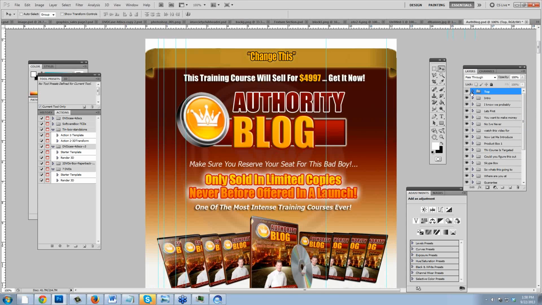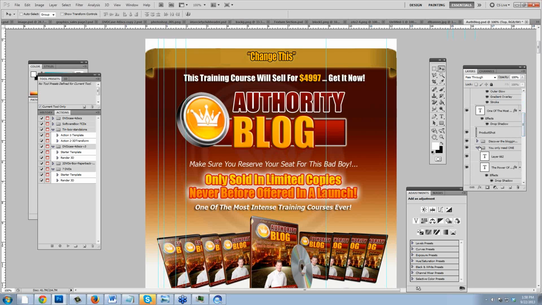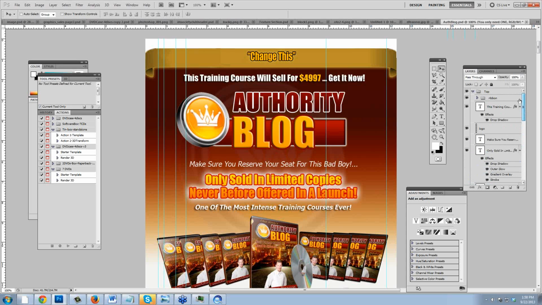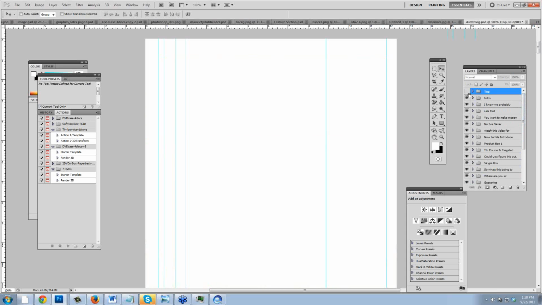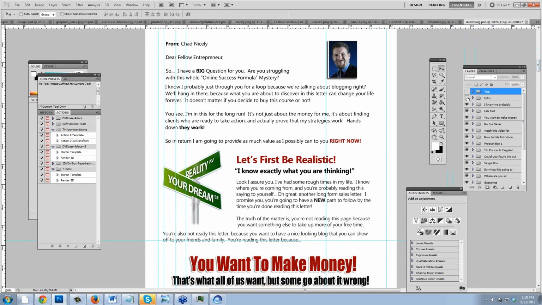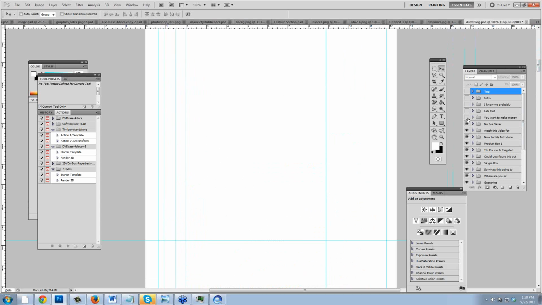I can turn off this whole section, or I can open up the group and I can just take my ribbon. I can drop my ribbon over on another sales page, or I can drop this group here, or this group here, or any of these groups, okay? Very easily, all right? In addition to that, if I scroll down lower, I have these groups down here. See how everything is grouped?